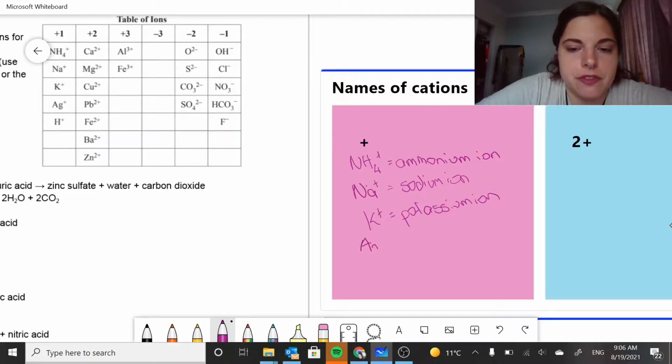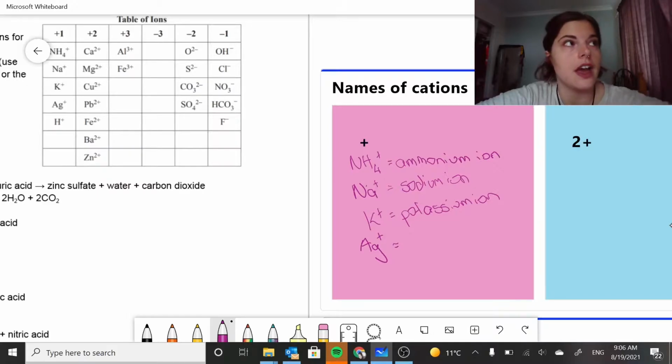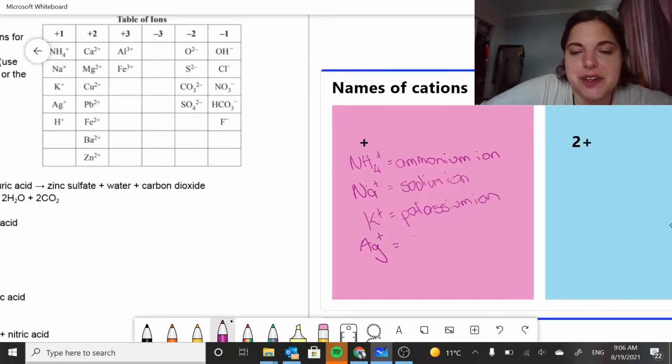Ag. Now, this one you can remember by this really great joke. What did gold say to silver? Ag. Not a great joke, not my best joke, but it's a joke, so it helps you remember. So silver is the one that has G in it, gold is the one that has U in it, because